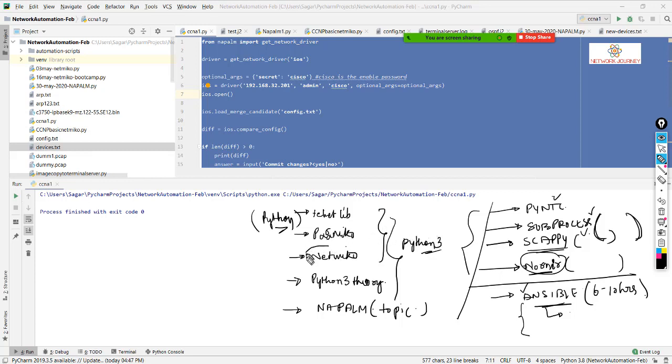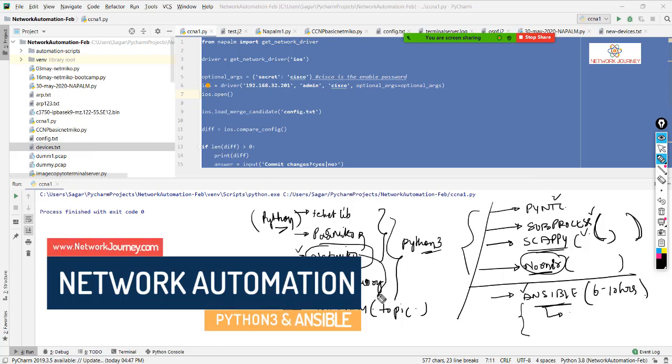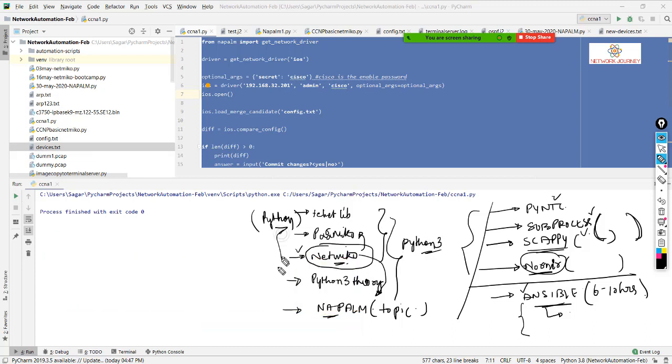Let's say NetMiko is the primary module in your production, but NetMiko can rely on Paramiko for certain functionality. Might be NetMiko relies on NEPAM for certain functionalities. So you can have multiple modules in your Python script.